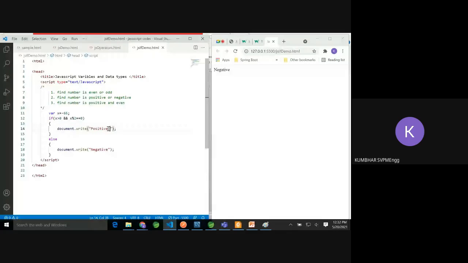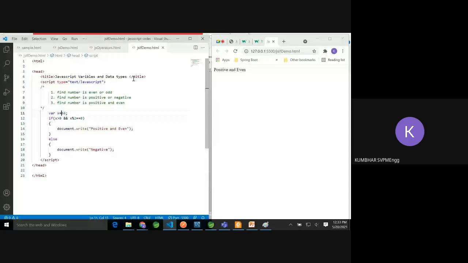Then the number is positive and even. So let me change this to 66. Are you able to get this output with x equal to 66? I have changed the code and used the and operator. I am checking two conditions, positive and even, and you are getting the result positive and even. Fine. So this is about the if statement.